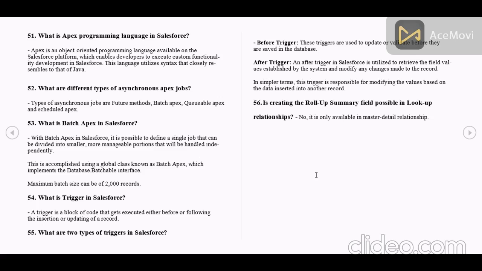What is a trigger in Salesforce? A trigger is a block of code that gets executed either before or following the inserting or updating of a record. What are the two types of triggers in Salesforce? There are two types: before trigger and after trigger. Before triggers are used to update and validate records before they are saved into the database. After triggers in Salesforce are utilized to retrieve the field values established by the system and modify any changes made to the record. In simpler terms, this trigger is responsible for modifying the values based on the data inserted